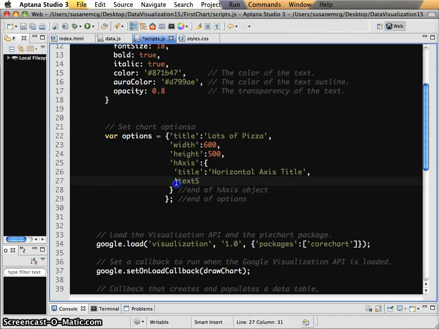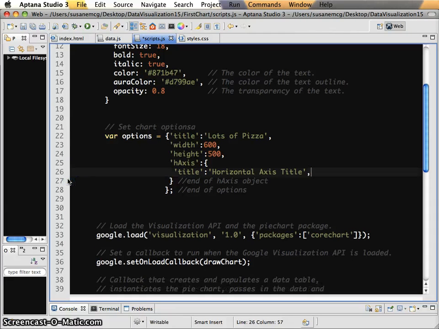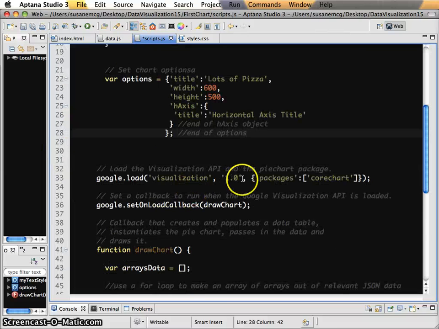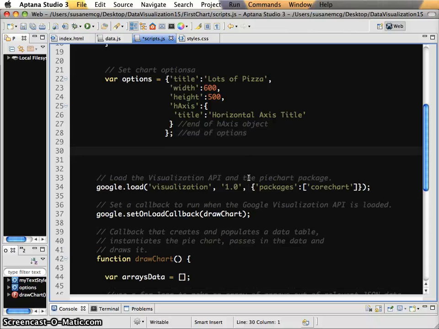Also, then every time I wanted to make it the style of something, I would have to repeat myself, right? I'd have to copy and paste this whole chunk over again. Again, where I can avoid it, I don't want to repeat myself. So instead, what I'm going to do is leverage my JavaScript,